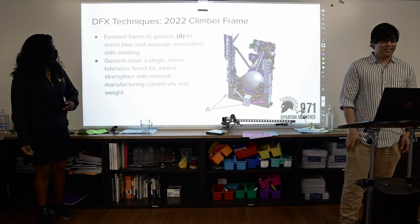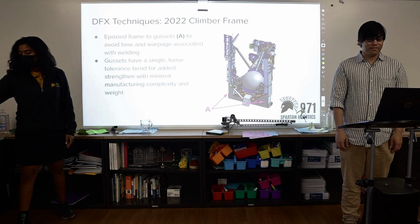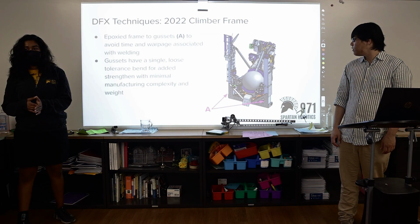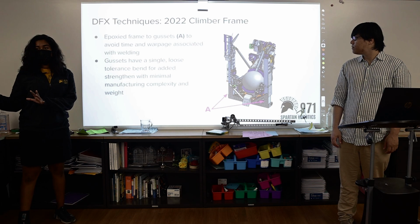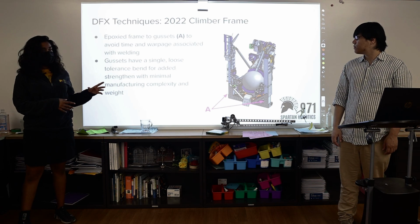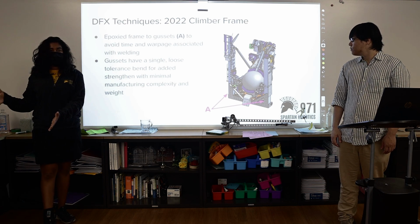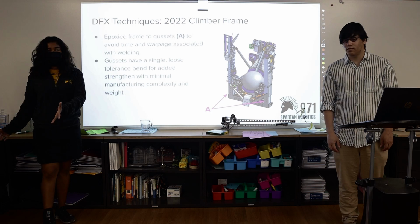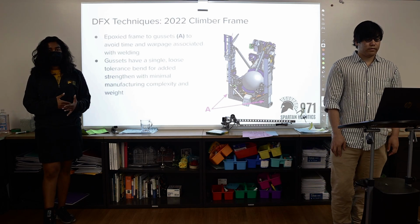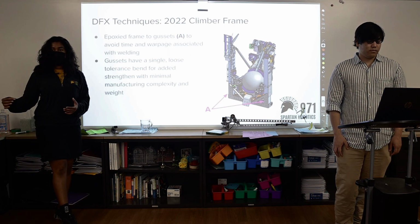So with the frame, we used epoxy onto the robot, as well as rivets. This took away the need for welding, which could have led to warping, since so many things were dependent on this entire structure. We have gussets, and one of our constraints that was pretty major during the season was weight. We had a lot going on with our double intakes and all this frame structure, so we wanted to reduce weight where possible. So instead of running a 3/16 gusset plate, we brought that down